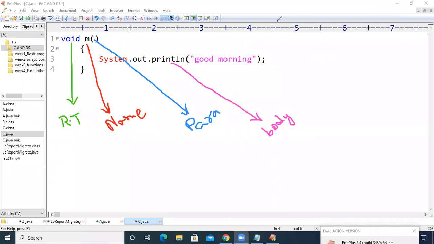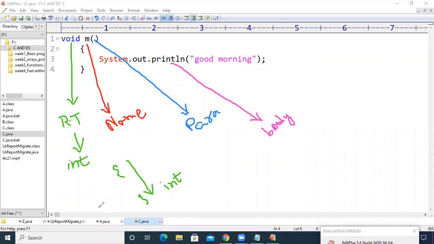Coming to the return type, for example, after executing this entire body, if an integer value is returned to the compiler, then we have to write the return type as int.